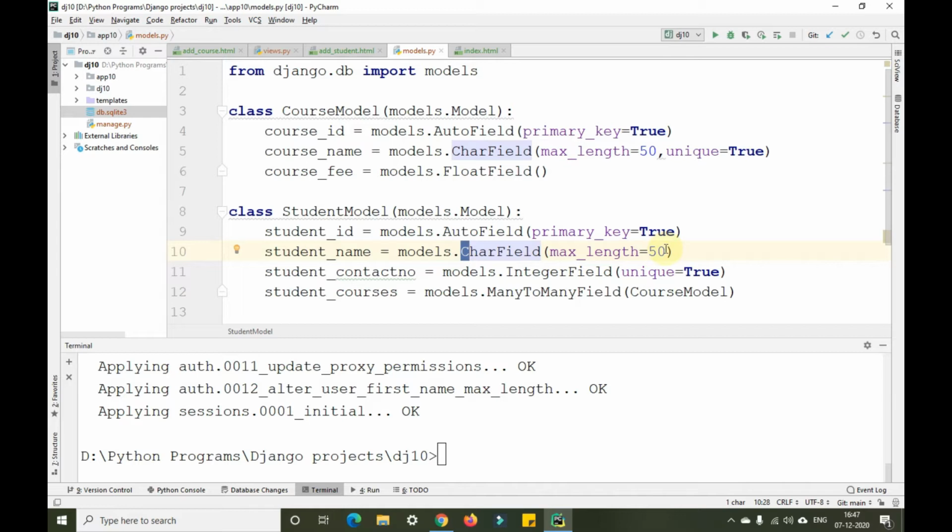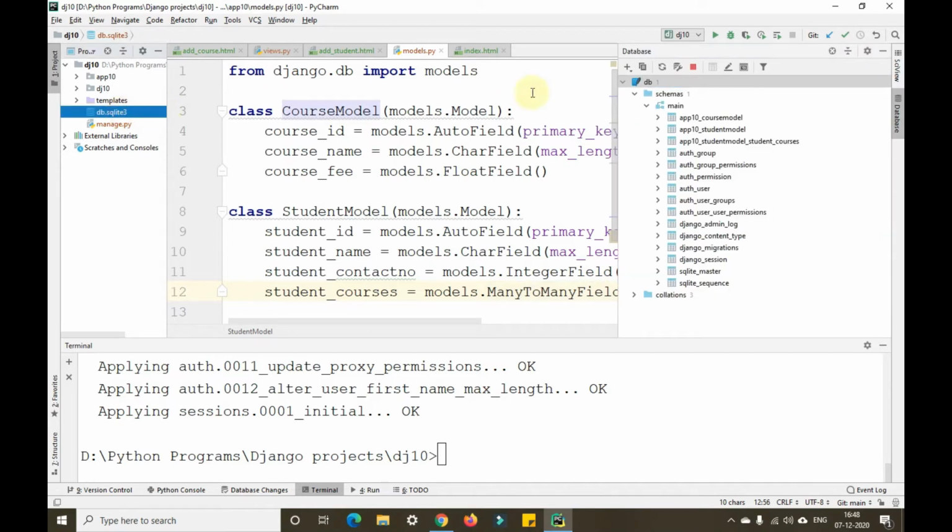But the student contact number will not be repeated, so we have taken it as an integer field with unique equals true. The student courses is a many-to-many field because a particular student can enroll for multiple courses, and we have linked that to the course model.